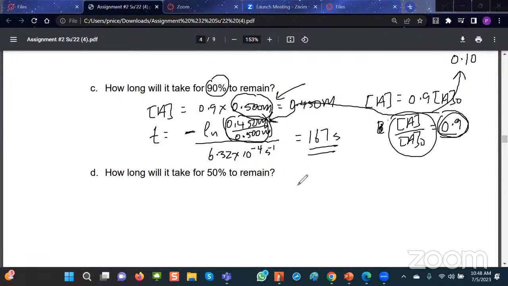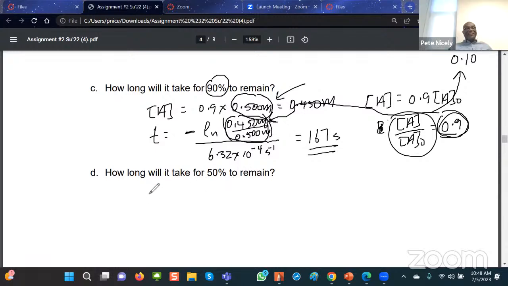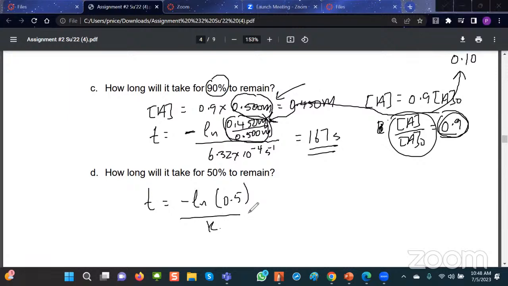Do you do the same thing, except where you would do the 90% before, it'd just be 50%? Okay, so you're saying T in this case will be equal to minus ln 0.5 divided by k, right? Yes. Okay, now